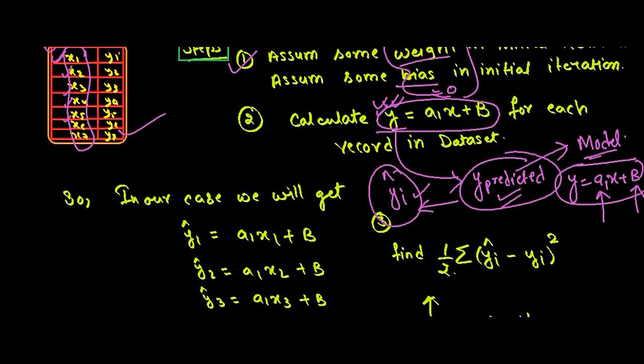So where will you find the actual one? These are the actual values of y that are given in the data set, right? So we have taken the values of the independent variable that were given in the data set, and then we are calculating the y by using our model. After we found that y, we compare it with the actual y given in the data set itself, and we try to find the distance or the difference between them.